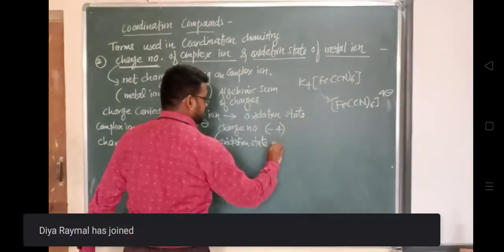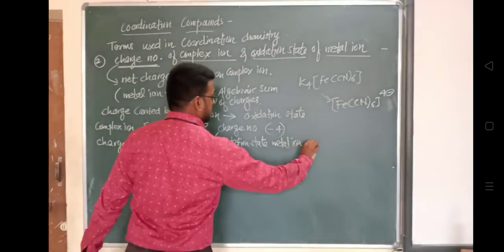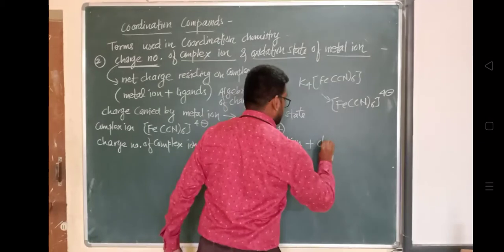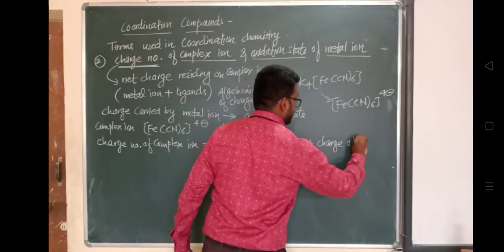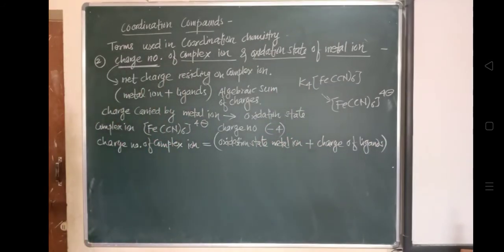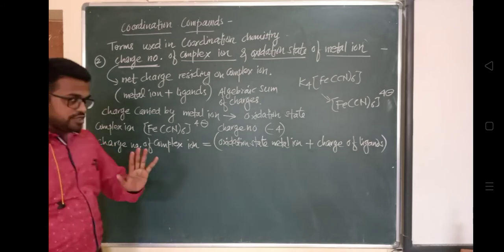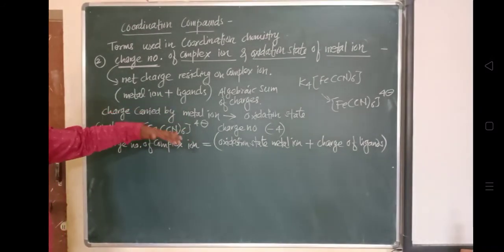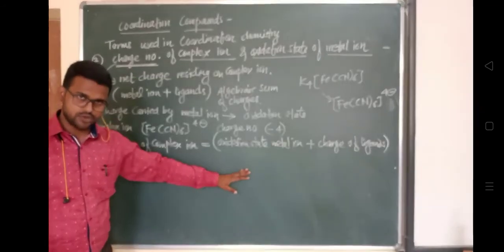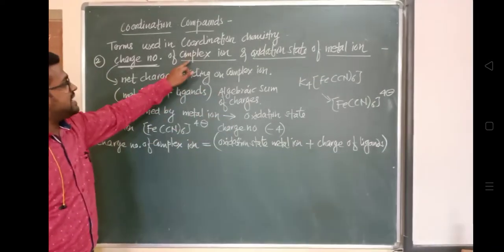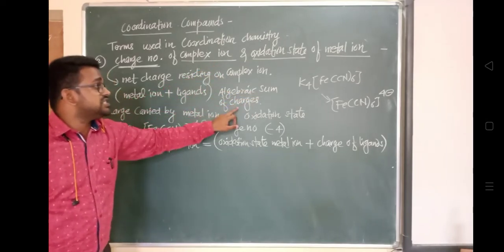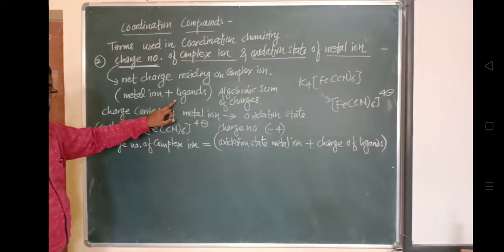तो उसको हम लोग फॉर्मूले में लिख सकते हैं. कैसे लिख सकते हैं? Charge of metal ion is what? It is nothing but its oxidation state. जो चार्ज प्रेजेंट होता है मेटल आयन के ऊपर वो क्या है? This is nothing but its oxidation state, उसका oxidation state है. And its oxidation state is nothing but the charge which is present on the metal ion. And charge over ligand, इन दोनों को ऐड कर दो तो क्या मिल जाता है हमें? टोटल algebraic sum मिल जाता है, and which is for the complex ion.